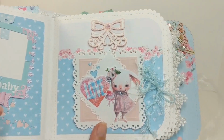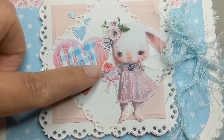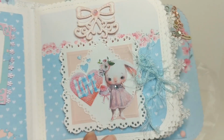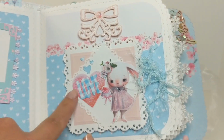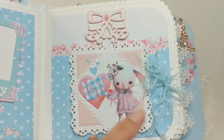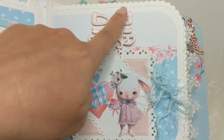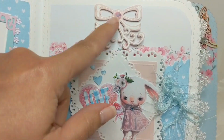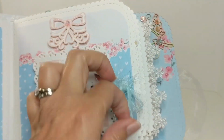Here on this page, there's this darling little bunny girl. She is so cute. And so I just grouped her here with another little fussy cut heart from the collection. The word love I cut with a die. And then I added this bow up here that I also colored with white ink and then added the gem in the center. This opens up